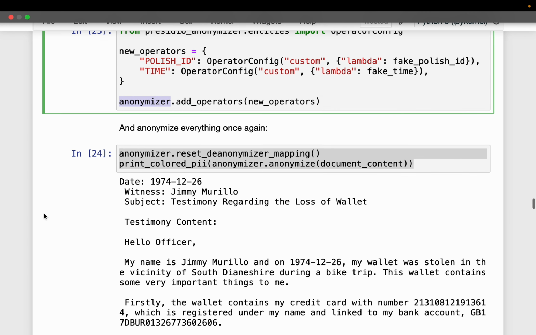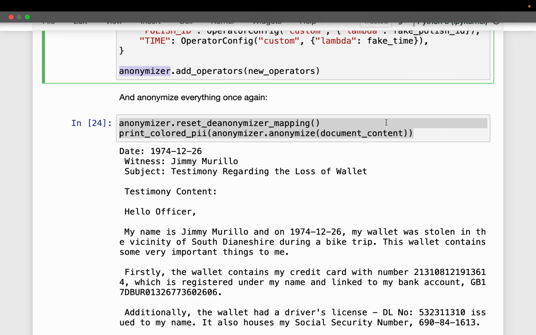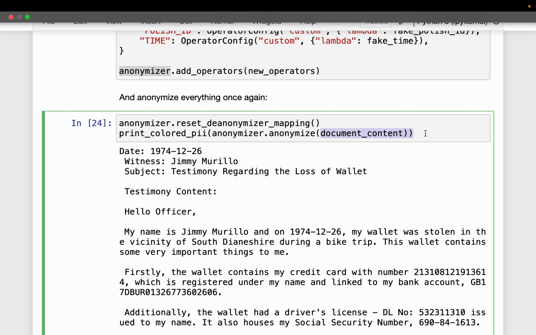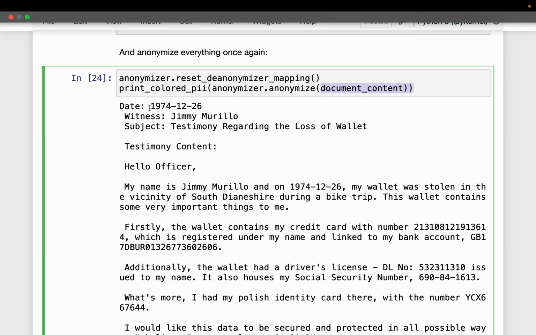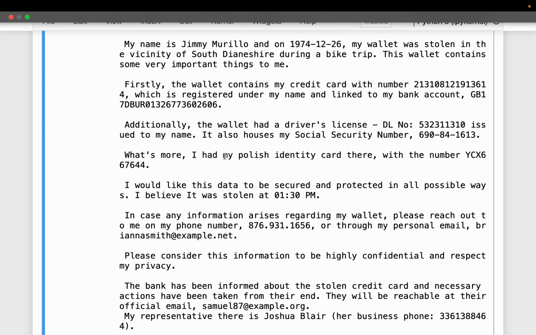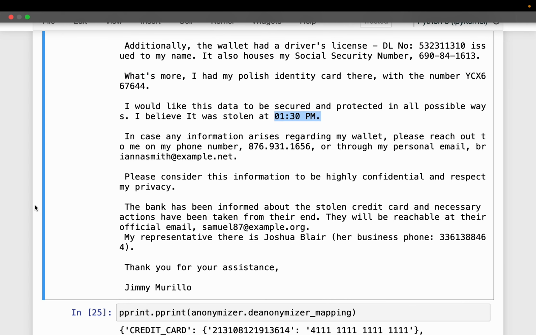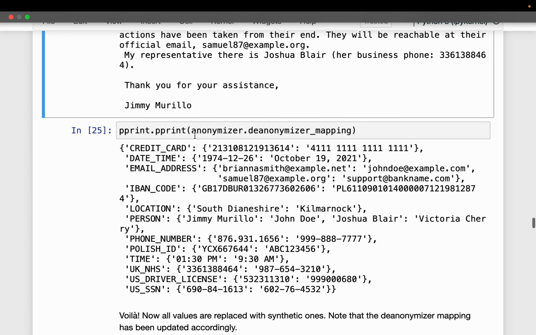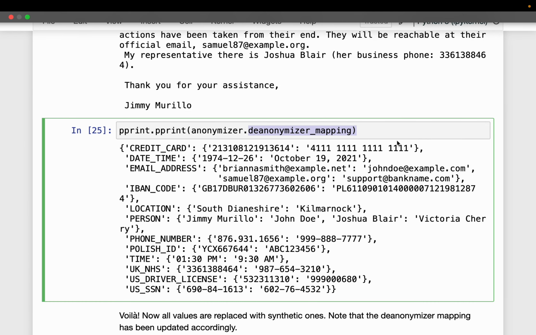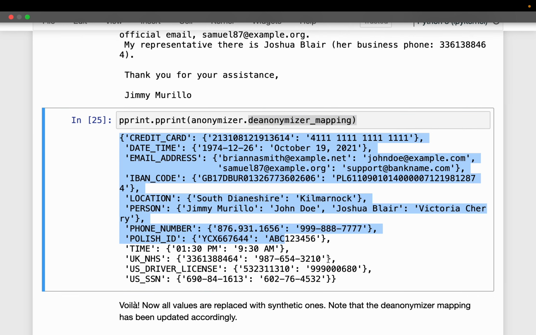Now let's call the anonymizer on our document. This time, in addition to the predefined fields like date, names, location, etc., our Polish ID is replaced with some fake ID, and also the time is replaced with some fake time. Okay, so this is all looking good. And if you want the mapping or the de-anonymization, we can do that as well.